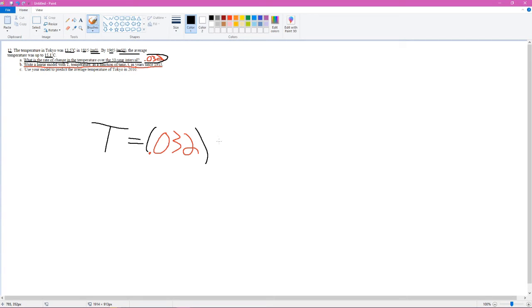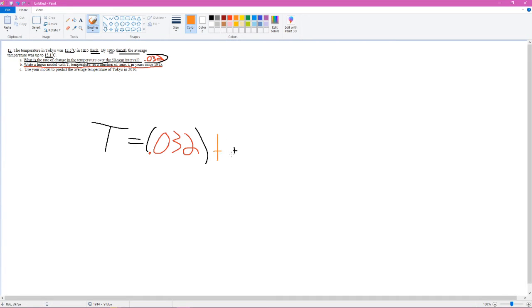So it's going to be just a lowercase t, time since 1915, and then that's going to be added to